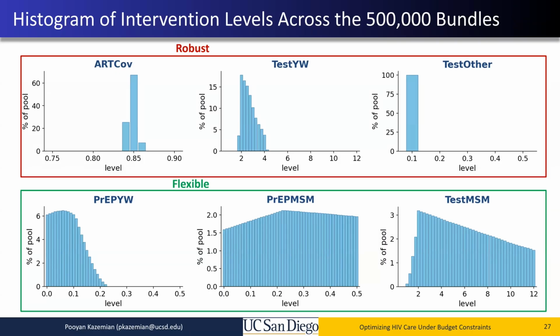Sure. Sorry. Yeah, I may have missed this in the beginning, but all of these projections start with ART coverage at 85 to 86%, which is very good. How do you reconcile the optimal outcome with the true ground truth level of ART coverage, which maybe is 30% in some of the populations you're studying?